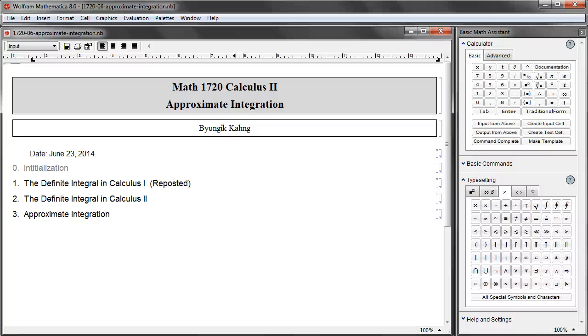Now let's talk about approximate integration, which corresponds to section 7.7 of our textbook. And this is one of the less important sections as far as exam preparation is concerned. As a matter of fact, since I began teaching in higher education in 1994, I've taught Calculus 2 many times, and I have never written any problem on approximate integration on any exams, and I'm not about to start now,